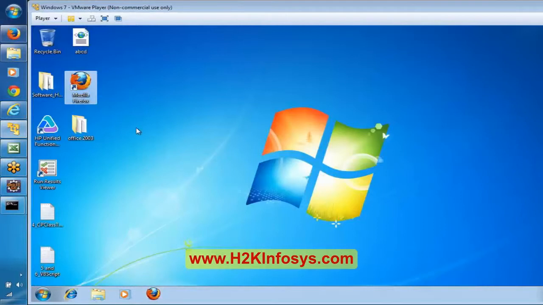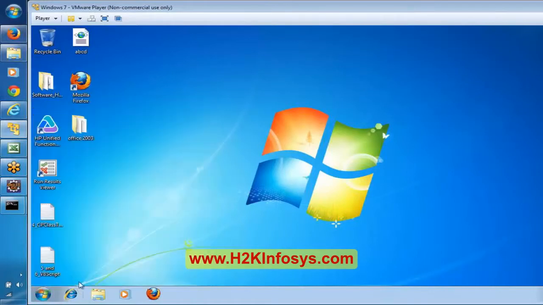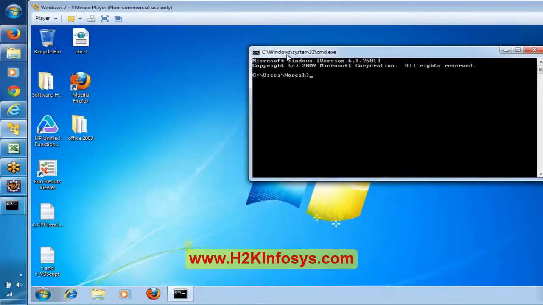Now here again we will open the command prompt. Here we are going to use this one. So here also we need to download this Selenium server. On the machine where we want to use the node, wherever we want to create the node, there also we should have Selenium.